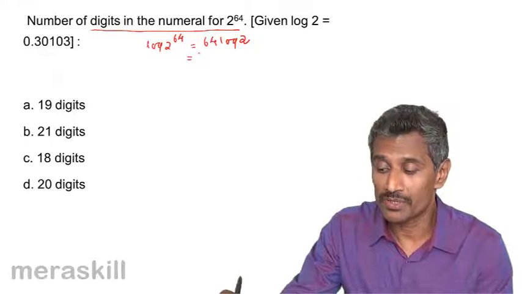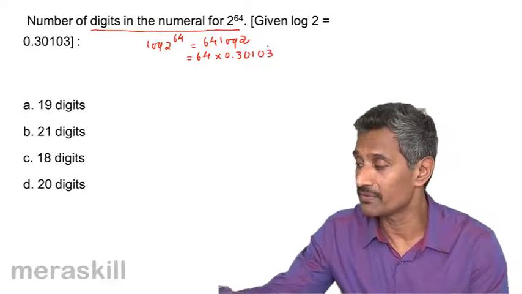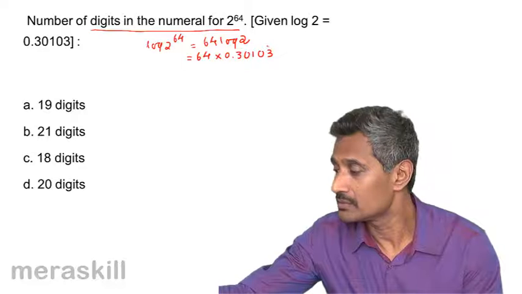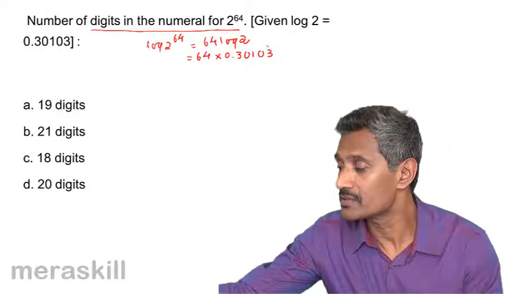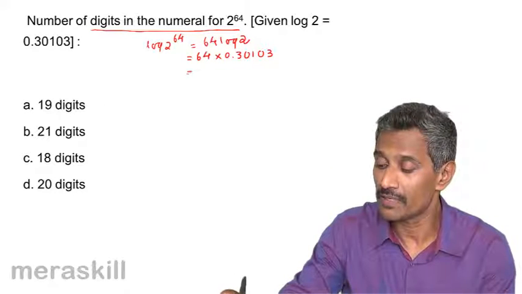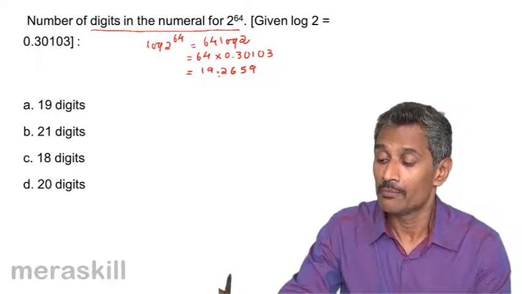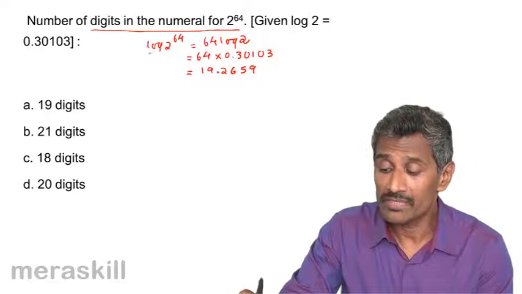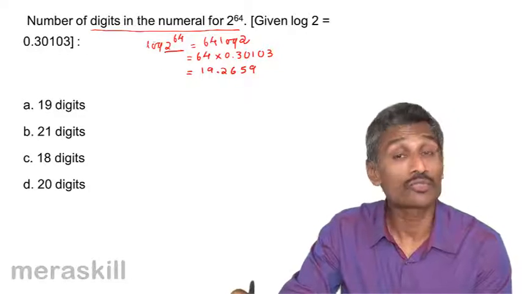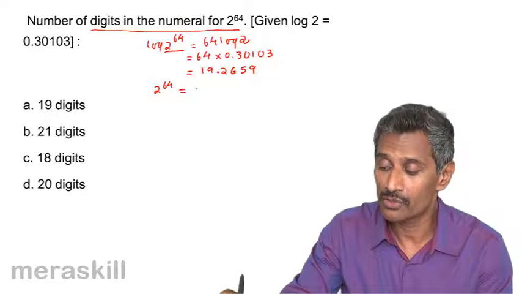64 into log 2, which would be 64 into 0.30103. If we multiply this, we have roughly 19.2659. Now, we are not interested in finding what log of 2 raised to 64 is. We are interested in finding out what the value of 2 raised to 64 is. To nullify the effect, if log of 2 raised to 64 is so and so, 2 raised to 64 is going to be the anti-log